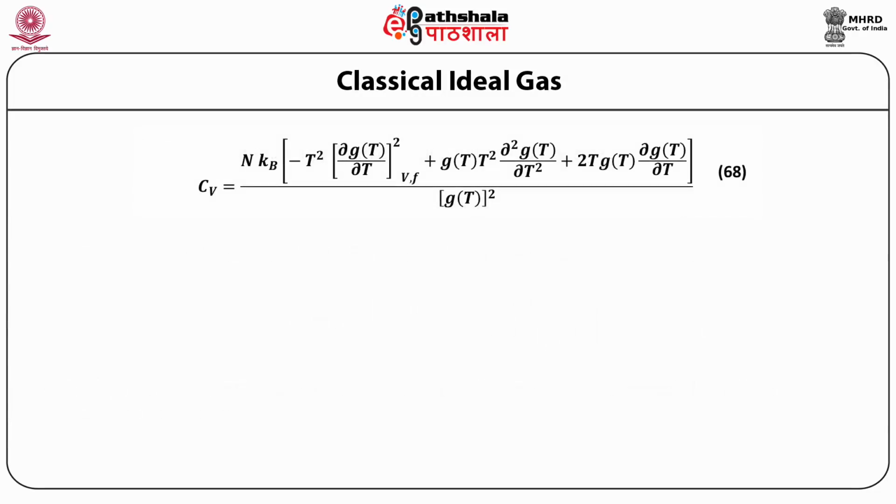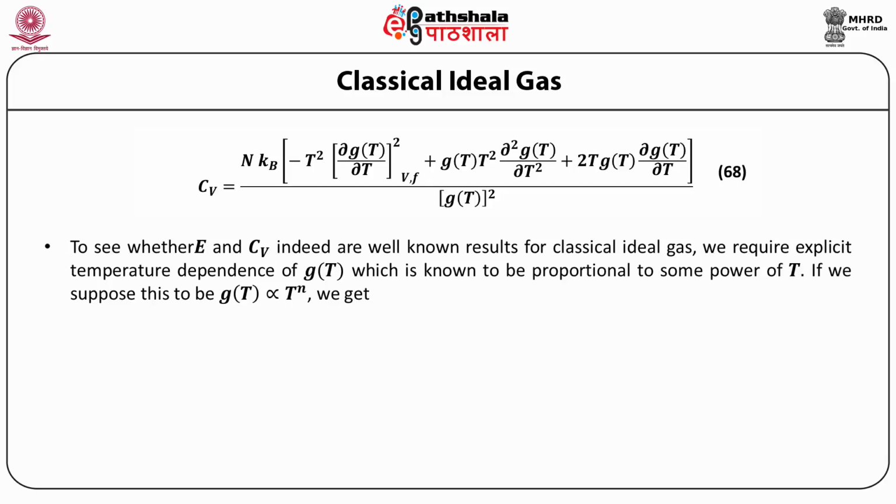Cv is equal to n kB multiplied by minus T square times the partial derivative of g with respect to T, whole square, at constant V and constant f, plus g(T) T square multiplied by the second order derivative of g(T) with respect to T plus 2 T g(T) multiplied by the partial derivative of g(T) with respect to T, whole divided by g(T) square. To see whether E and Cv indeed are well-known results for a classical ideal gas, we require the explicit temperature dependence of g(T),